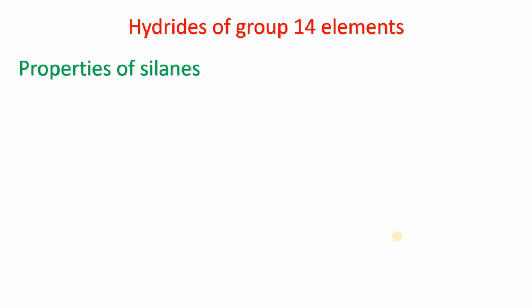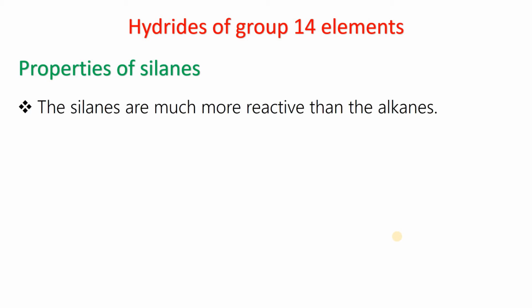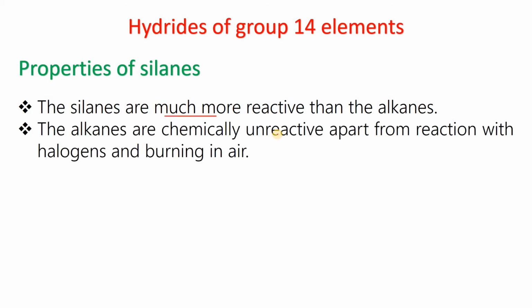Then properties of the silanes. What are the properties? Chemical properties. How do the silanes behave? The silanes are much more reactive than alkanes. Point number 1. As we know, the alkanes are not very reactive, but silanes are more reactive than the alkanes. The alkanes are chemically unreactive,